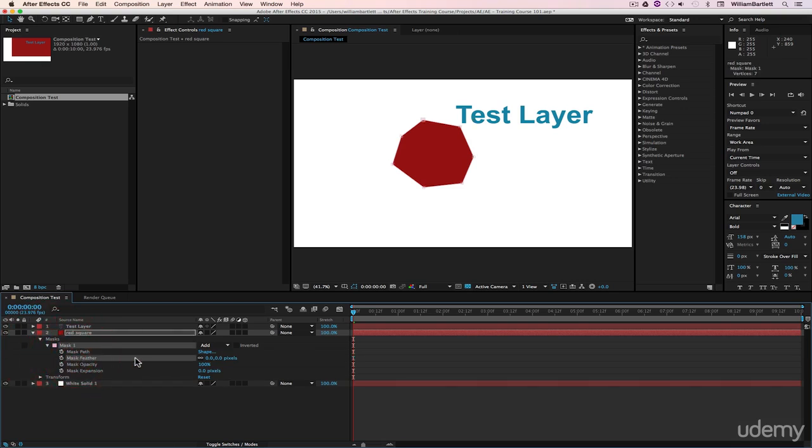So we can feather the edge, which means if we click and drag here, you can see we can get some pretty cool shapes like that feather out into the white. For now, we'll keep it to 0. We can change the mask opacity from 100, just like our layer, down to 0, just like our mask layer. Or we can change the actual size of it by going into our mask expansion and reducing it or making